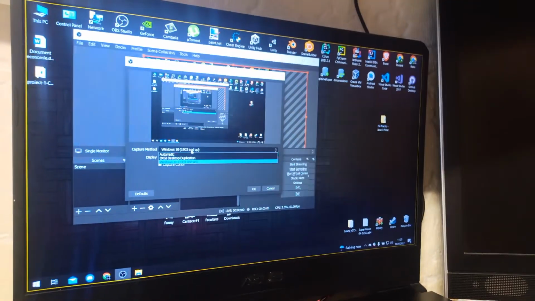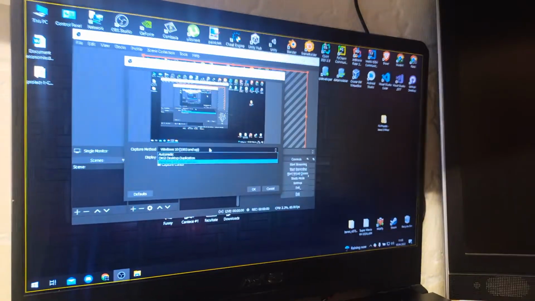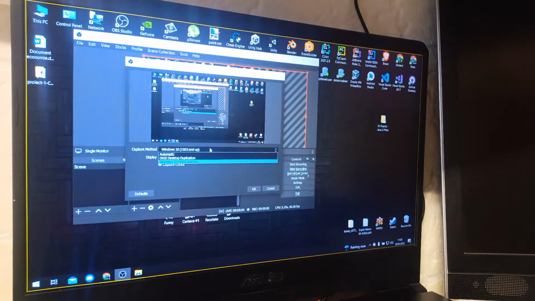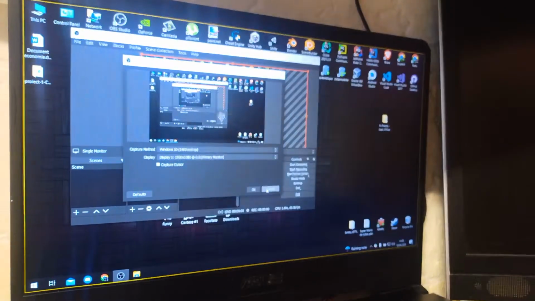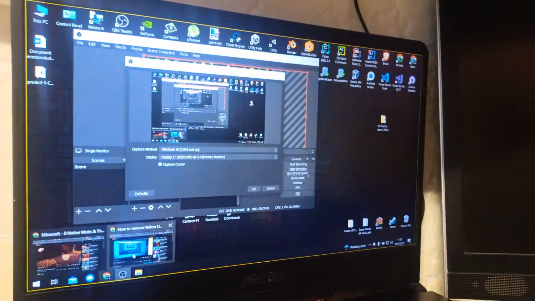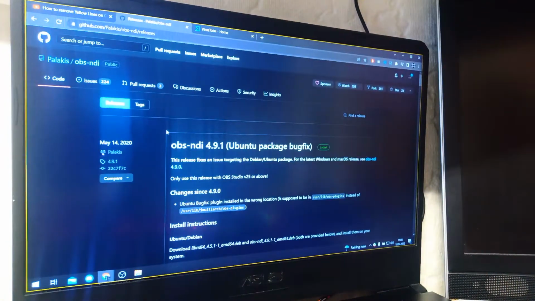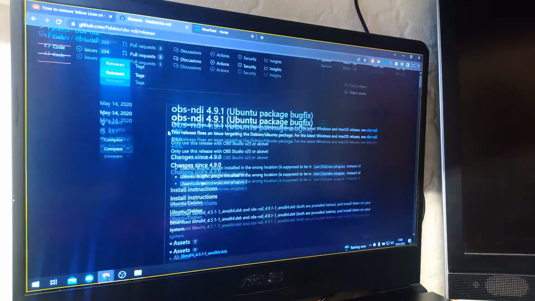I looked up on the internet for another method which is called BitBlt, and I couldn't install that. I had a bit of problems, I didn't find it, whatever. So I looked up again on the internet, and I found some pretty interesting stuff, which is this repository,